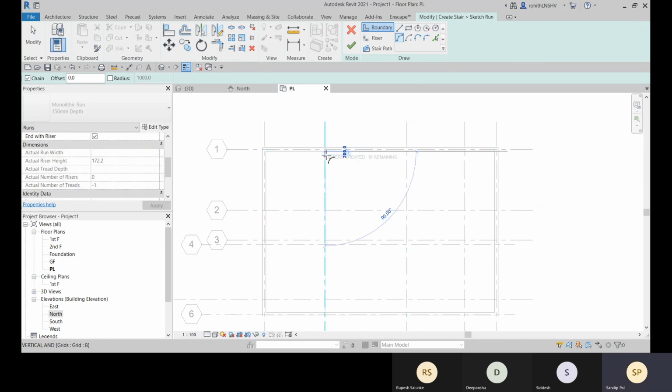So let me choose this way. Okay. So from this point to this point, I'm going, right? So I'm going with this start and radius from this point to this point. Now let me go the curve.